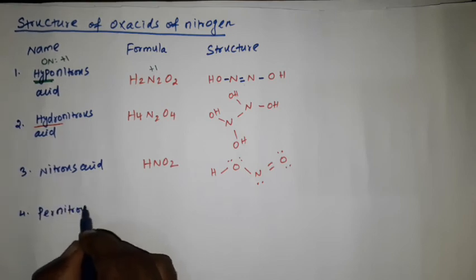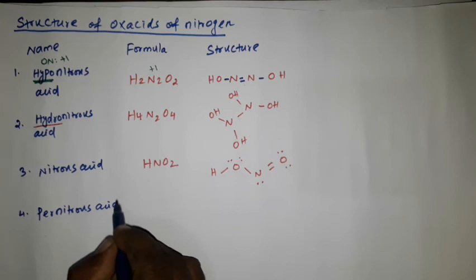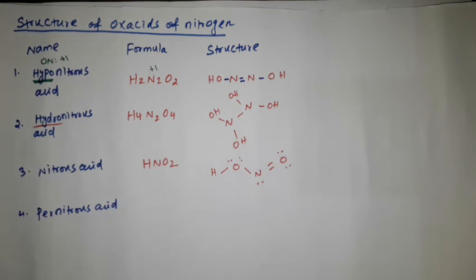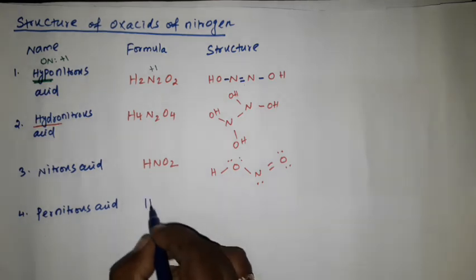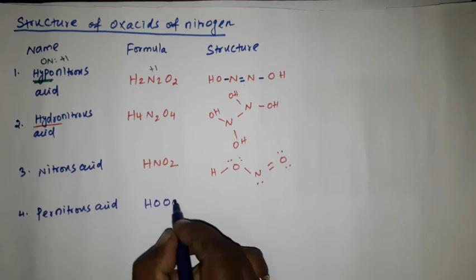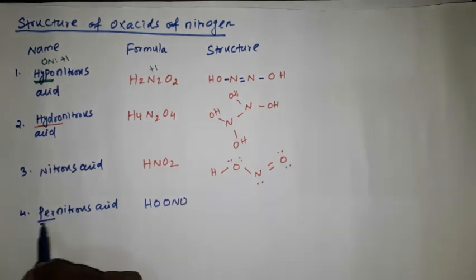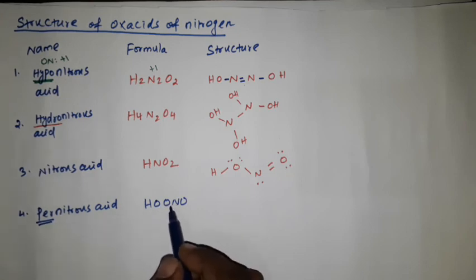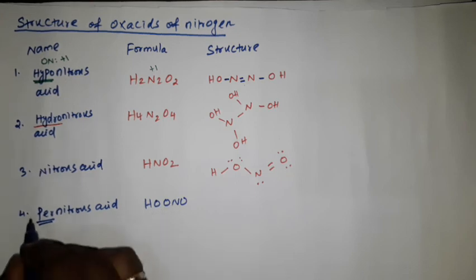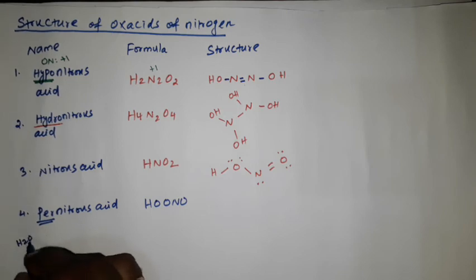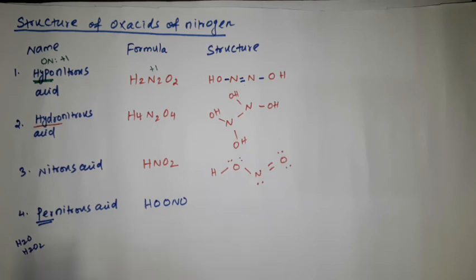Pernitrous acid, that formula is HOONO. See, actually this per means addition of one oxygen atom. See, water, that is H2O, then peroxide, that is H2O2. So addition of one oxygen atom. Then structure will come like this: